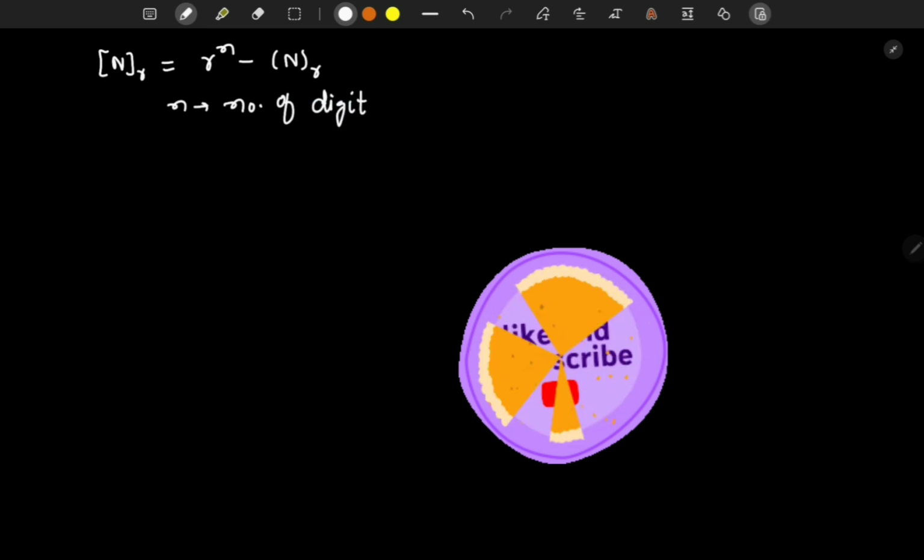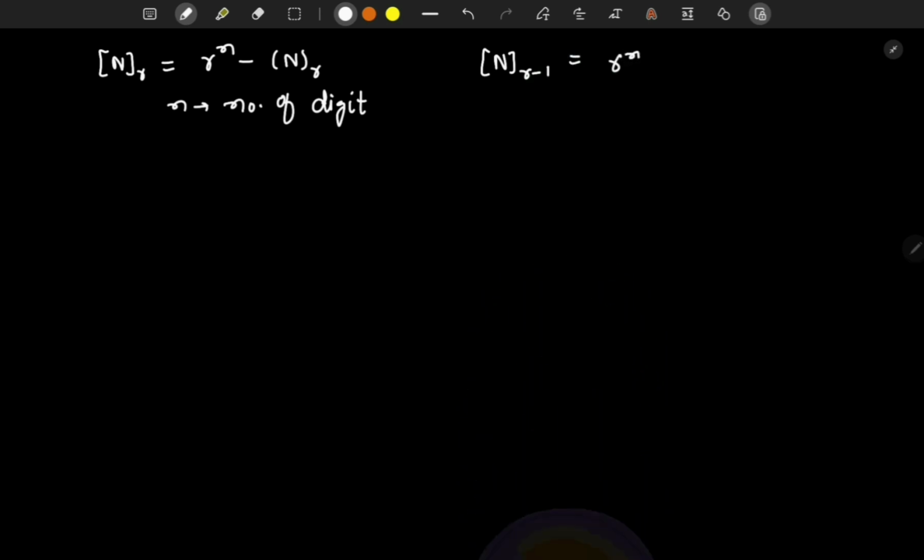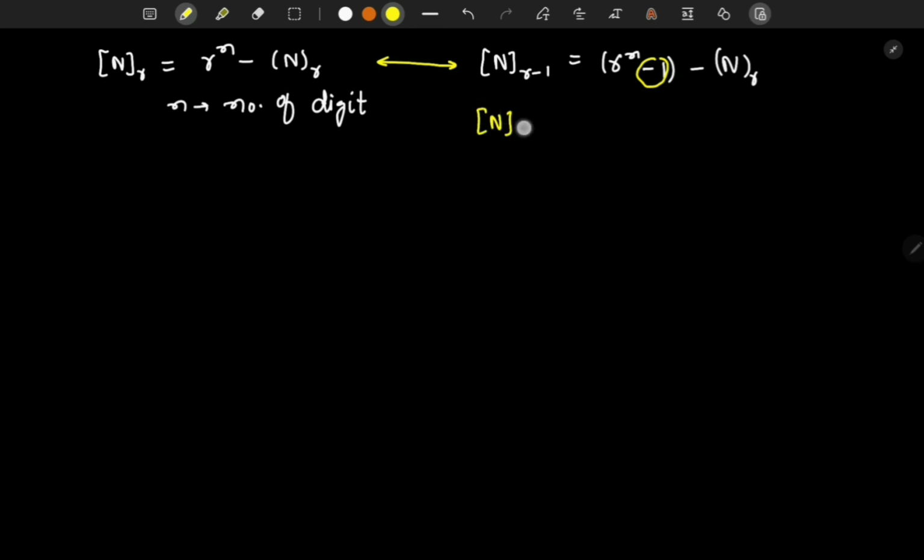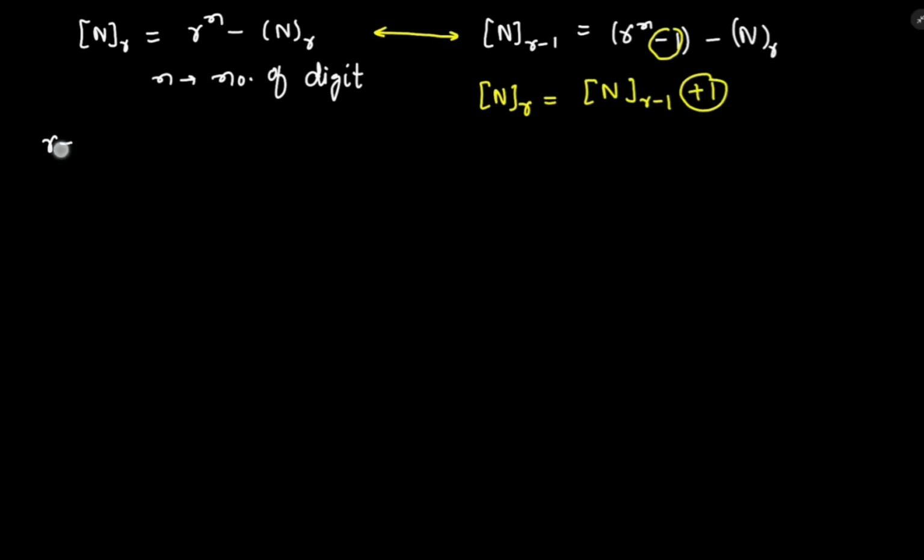In a similar fashion we can define the (r minus 1)'s complement as r to the power n minus 1 minus the number in the base r. If you observe the similarities between the two equations, there is only one dissimilarity: we have subtracted 1 here. Therefore, what we can essentially find is that r's complement is equal to (r minus 1)'s complement plus 1. For this video, we will restrict our discussion to r equal to 2, that is the binary number